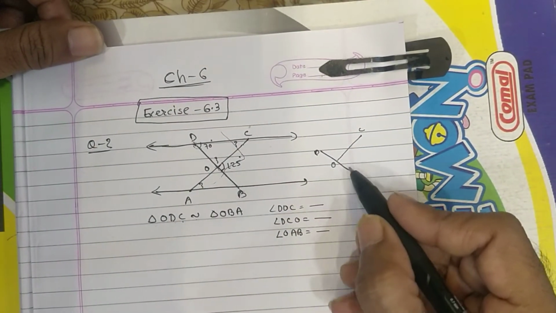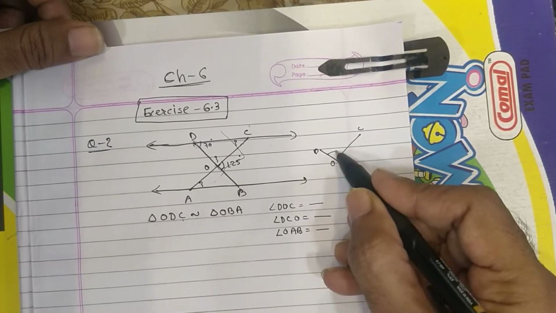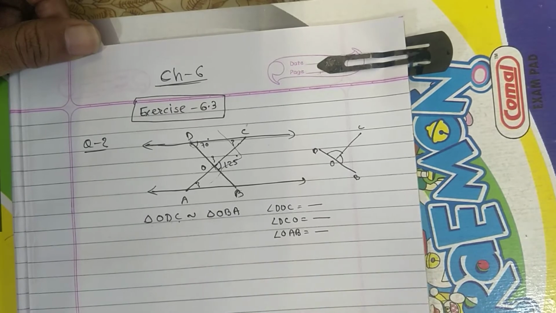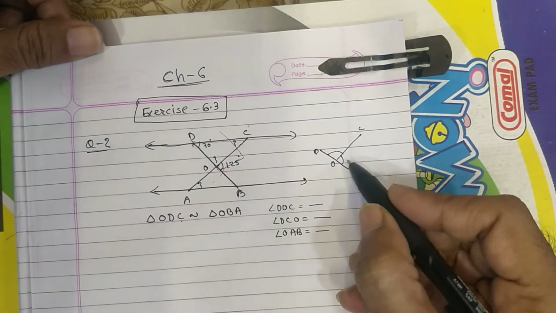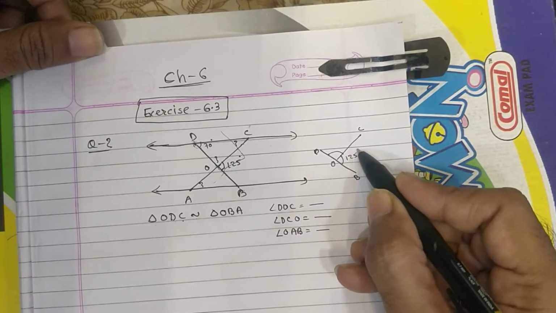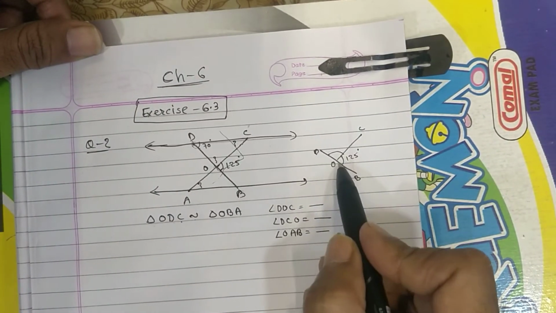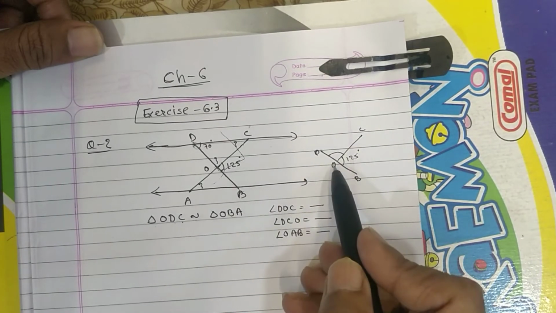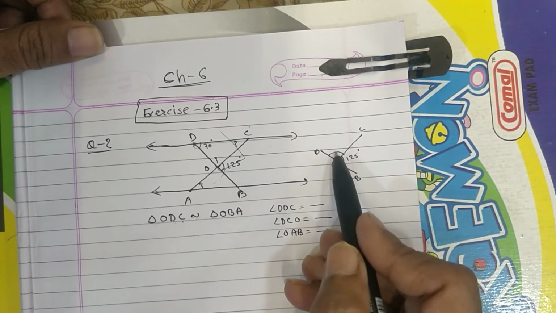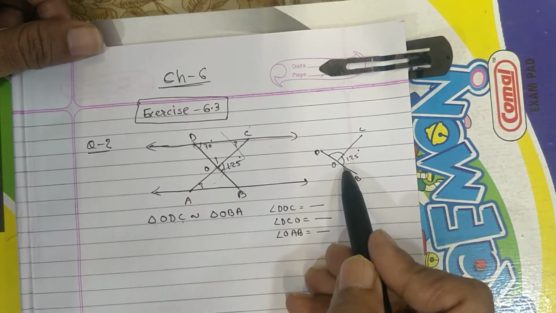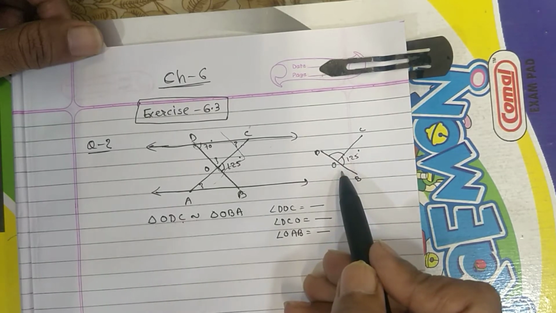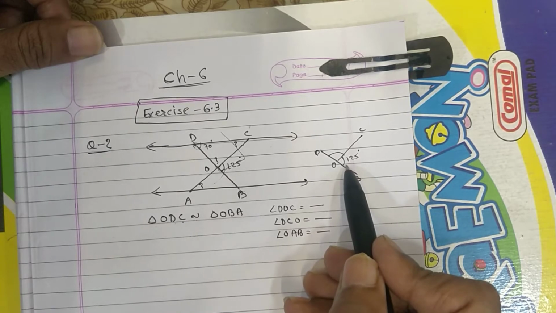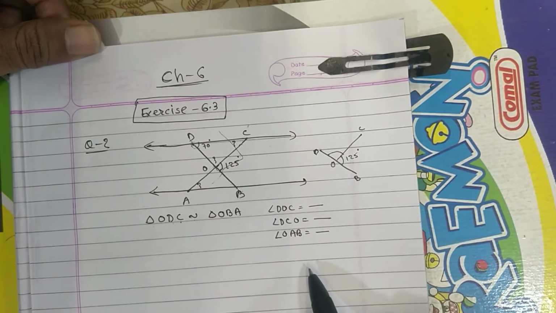So that means this angle and this angle both are linear pair angles. Linear pair angle creates T symbol. Linear pair angles are supplementary. That means addition of these two angles is 180 degree. Again I repeat, this is a T symbol, so these two angles are linear pair angles, and linear pair angles are supplementary. The meaning of supplementary is that addition of these two angles is 180 degree.